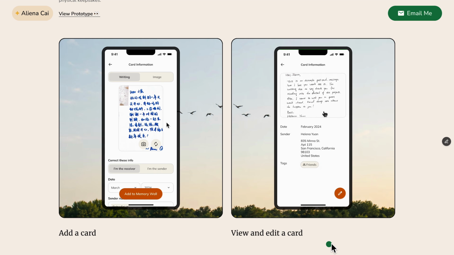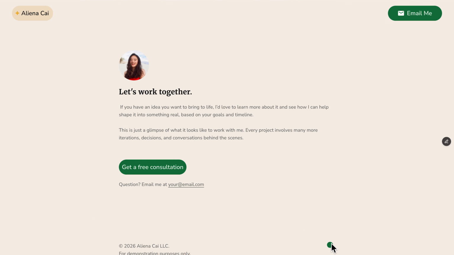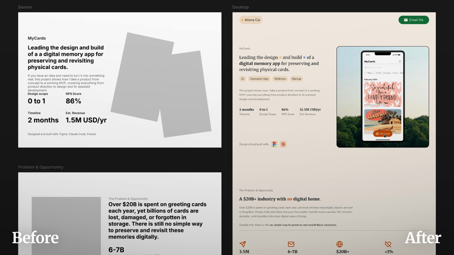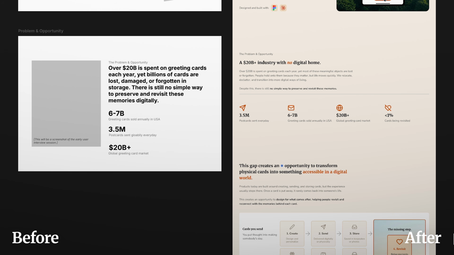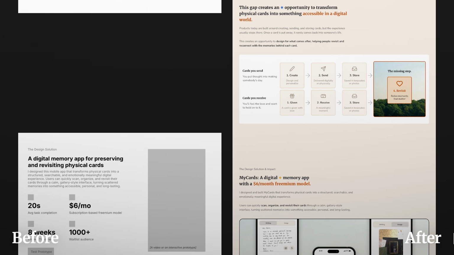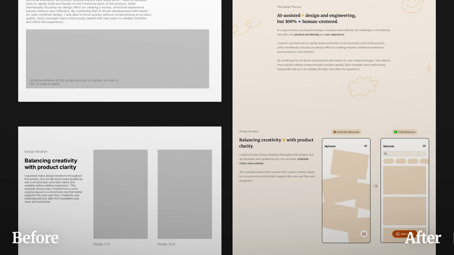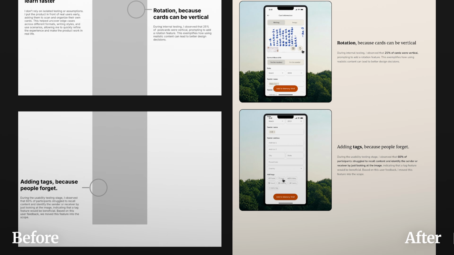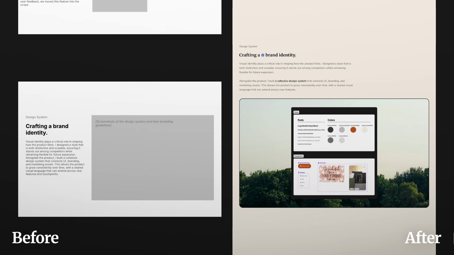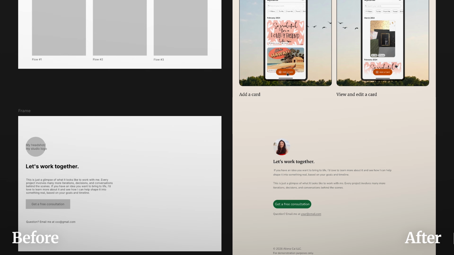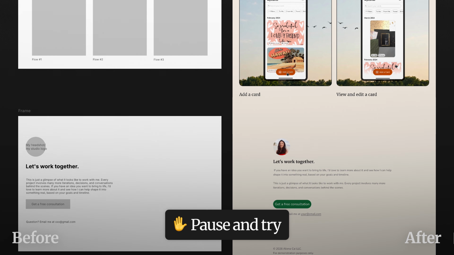Honestly, it took me a few days just to design this example, and I referenced a lot of case study examples. Those examples inspired me to further adjust my layout and text. I'm saying this because I want to clarify that it's normal for your hi-fi design to be very different from your lo-fi design. Here is the before and after comparison of my case study and my wireframe. And now it is your turn to have fun and work on your visual design.